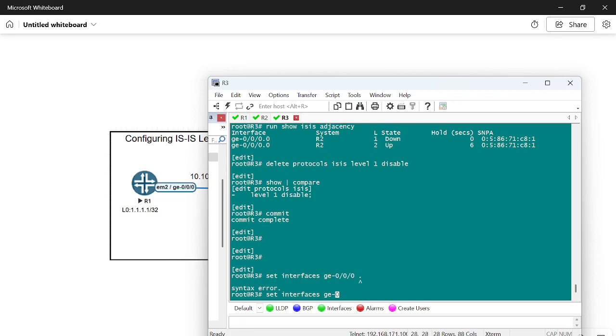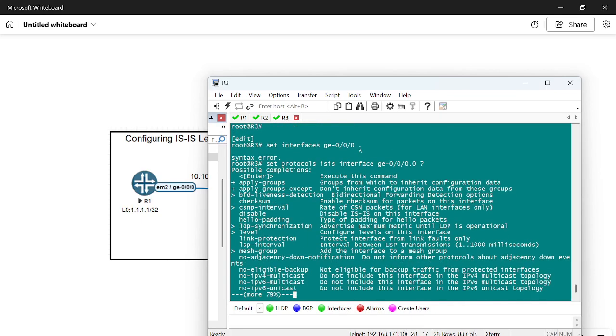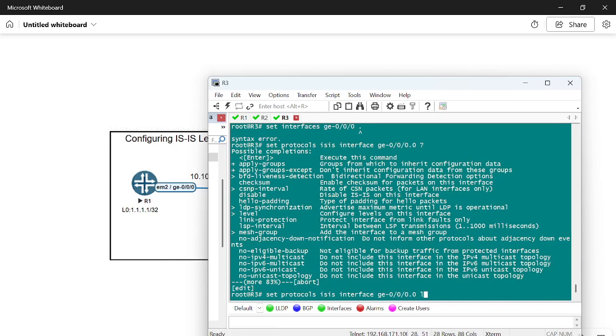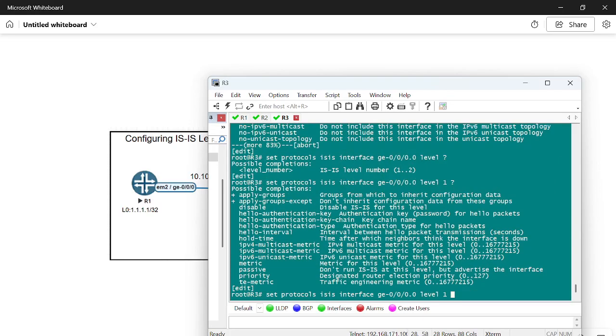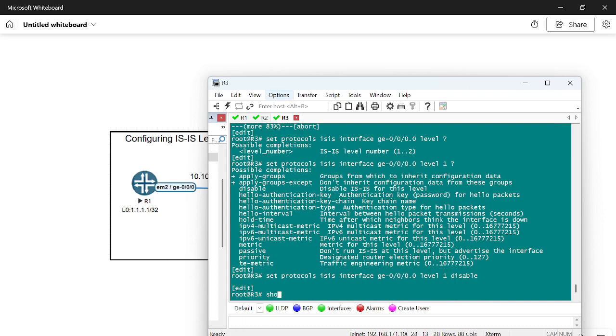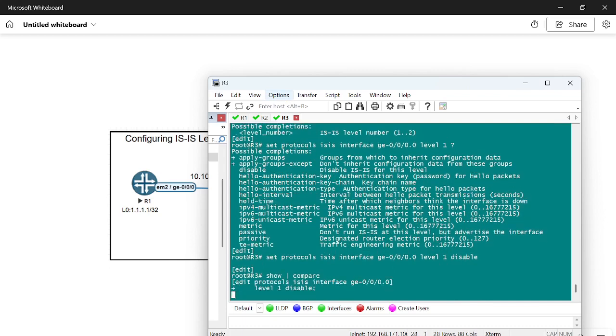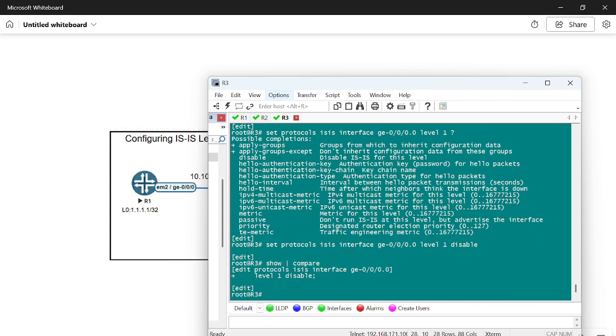Actually, it should be ISIS, set protocols ISIS interface ge-0/0/0. Then if you use a question mark, you have options. So you can use level 1, for example, and then you have the option of disable. If I do show | compare, this one will be disabling level 1 on the interface level,